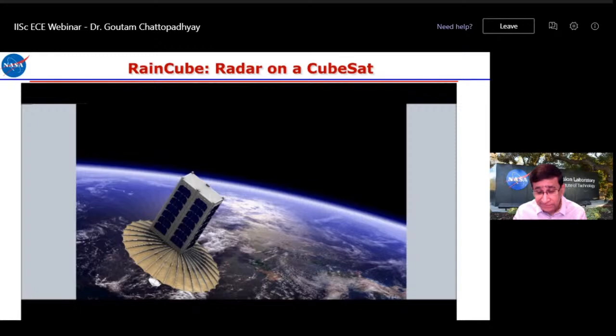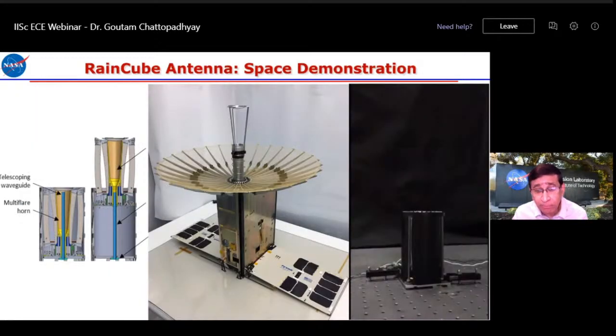That was the challenge that we had, and we came up with this mesh foldable antenna. I call it the umbrella antenna. I will show you why I call it that. Of course, my colleagues, Nacer and all, get upset with me when I say umbrella antenna. You can see it here. This is fully deployed. So there is a feed horn here. This is a Ka band